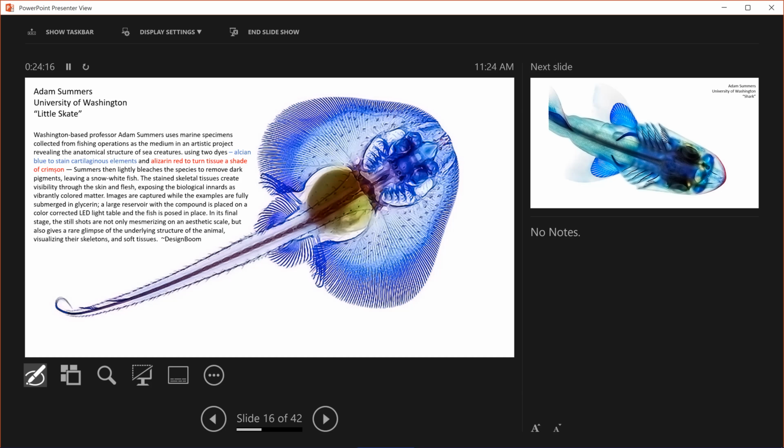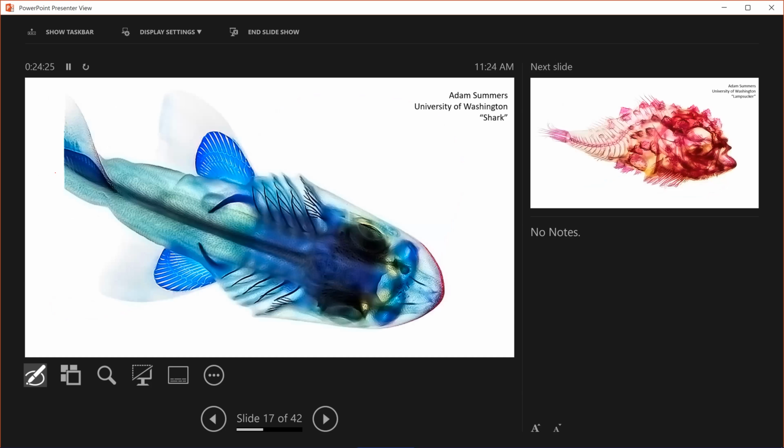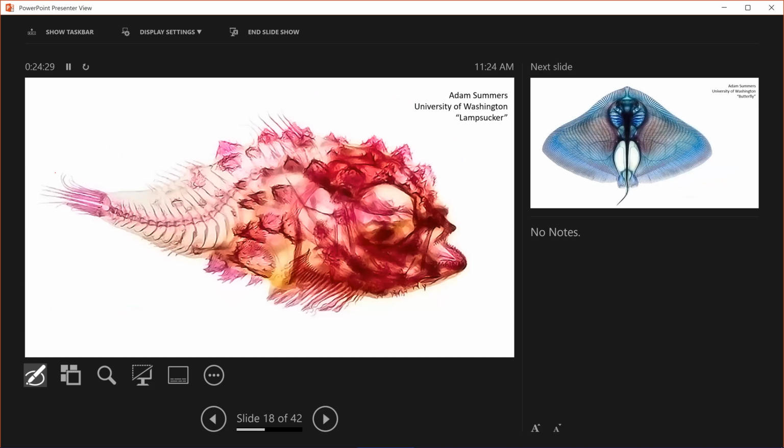And you can see the skeletal structure, but they're also kind of arty as well. This is our art for today. And these are just a few examples. This is a shark. He calls it shark. He calls this one a lamp sucker. It's actually a lump sucker, but he calls it a lamp sucker to be arty. And you can see certain elements have picked up the dye, and it gives a real sense of the interior skeletal structure,